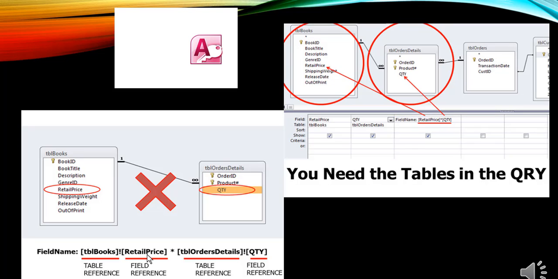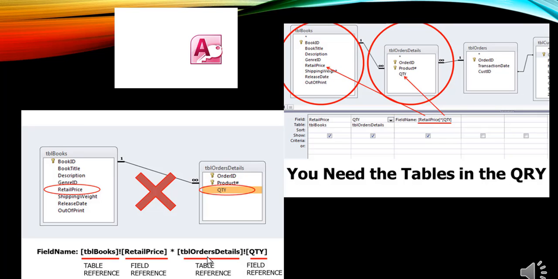Then we use a multiplication, division, minus or plus sign, and then we select another table and a field in that table, and according to the format we complete our expression. So that's how we write an expression in Microsoft Access.